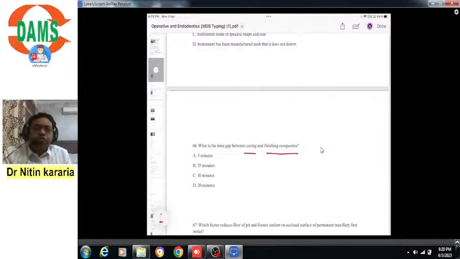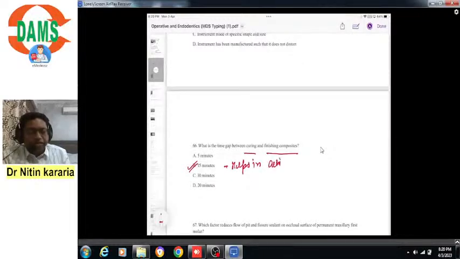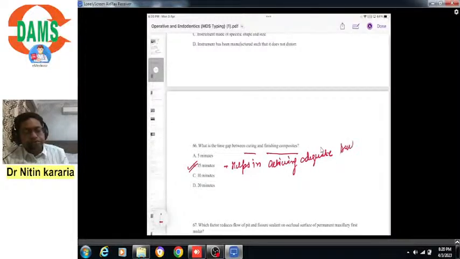Now there is a standard protocol that once we have finished with the curing of light cure composites, it is best to wait for at least 15 minutes so that the surface becomes hard enough to resist the polymerization finishing of composite. Okay, so the answer would be 15 minutes. It helps in achieving adequate surface hardness. Surface hardness to resist polishing